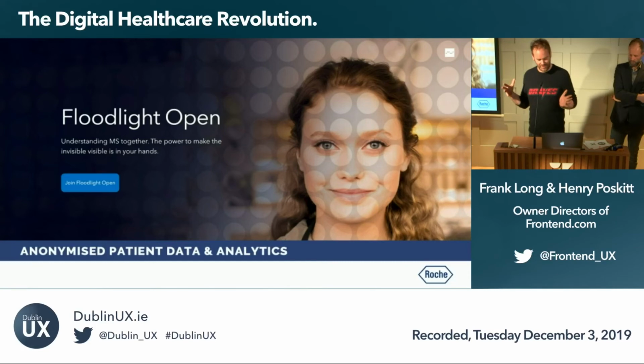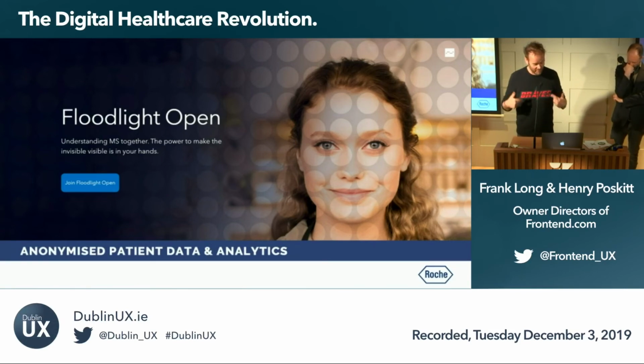So there's a system called Floodlight Open. This talks to the big data problem. So Floodlight Open is for patients who suffer from MS, and we've done a lot of work in the MS world. And it's from our friends Roche. But Floodlight is essentially an anonymized data set. So anyone, you guys can, well, actually not in Ireland, if you're in the UK or the US or Switzerland,